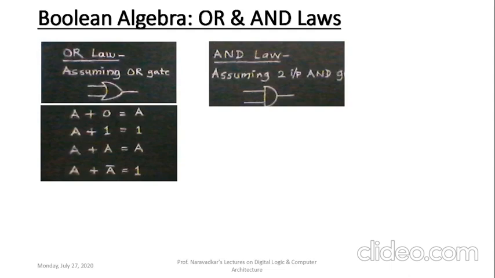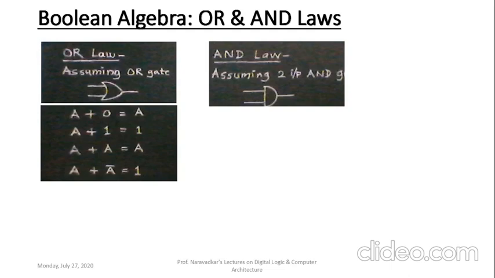Thevenin's theorem and Norton's theorem are the duals of each other. Then current source and voltage source are the duals of each other. Capacitor, inductor, duals. Then resistance and conductance, these are the duals. Series circuit, parallel circuit, these are the duals. Similar concepts are applicable here even in case of Boolean algebra. OR gate and AND gate are the duals of each other. So let us start here for the development of the AND laws below.